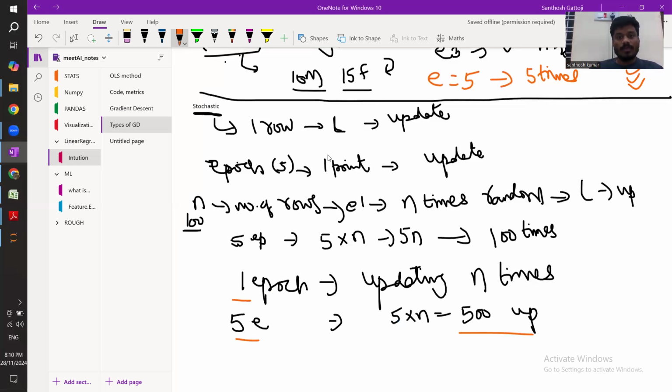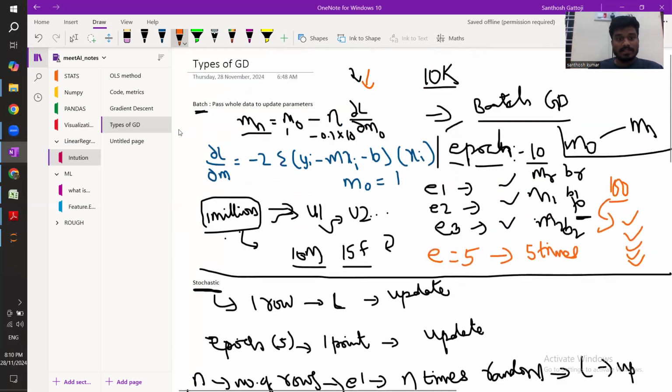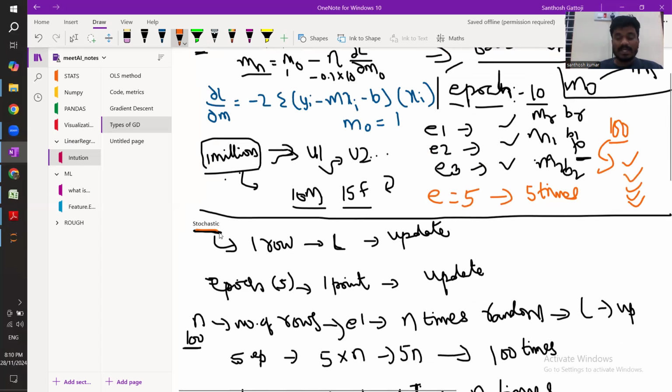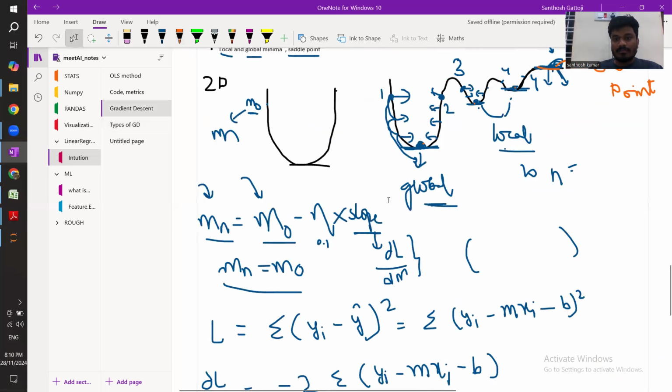So now, why is this? When I also heard it the first time, I wondered how updating with one row at a time is helpful. The interesting point here is the stochastic nature. Stochastic nature is random nature, randomness. The usefulness is, as I told you in the starting of the session,